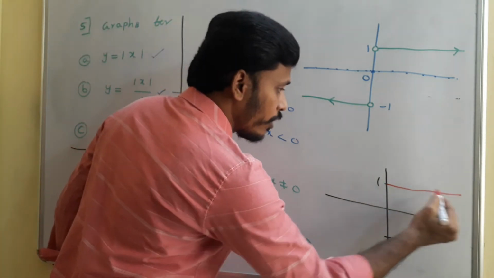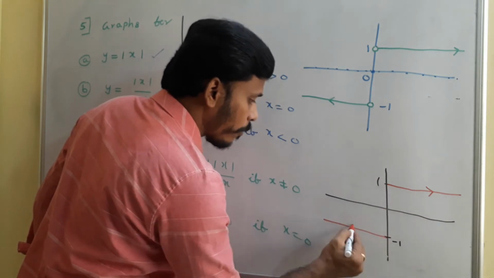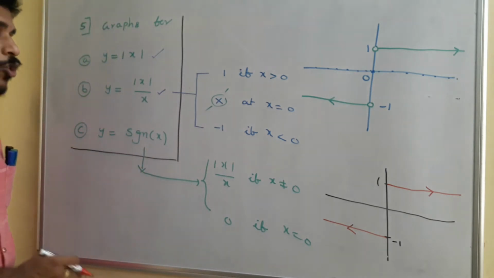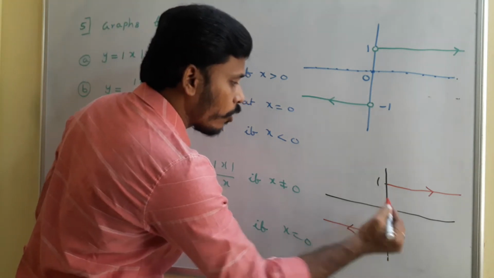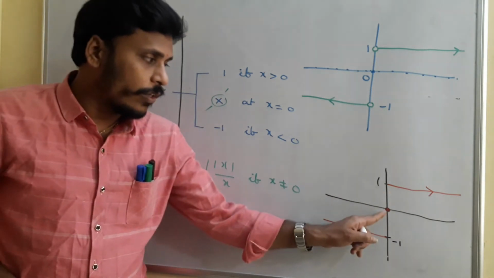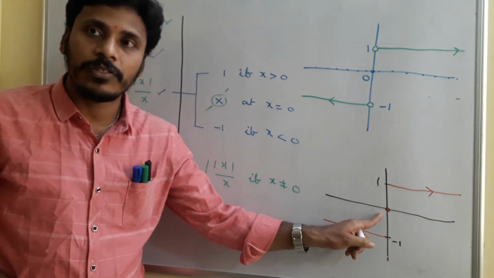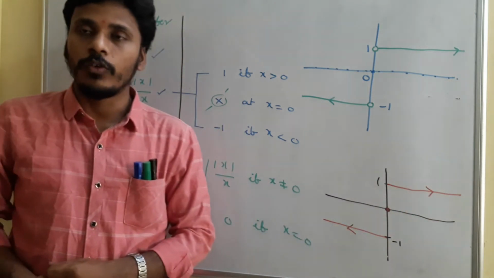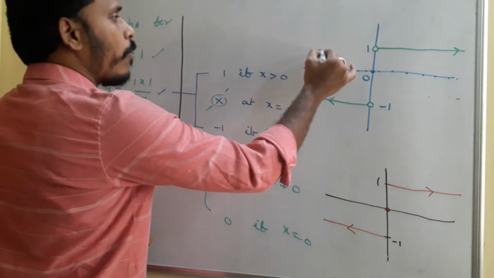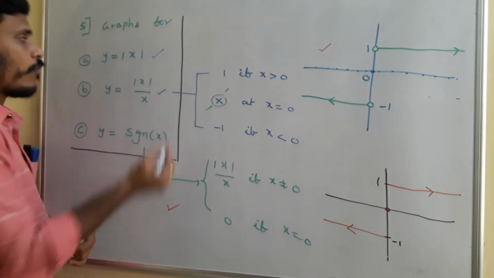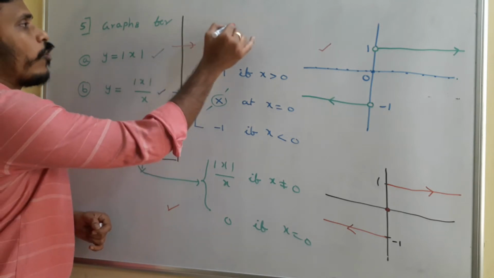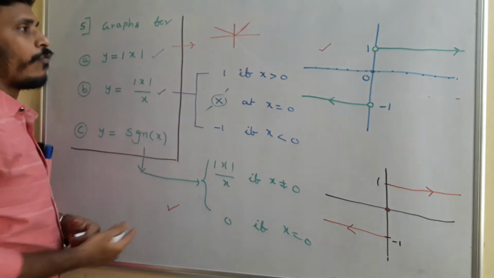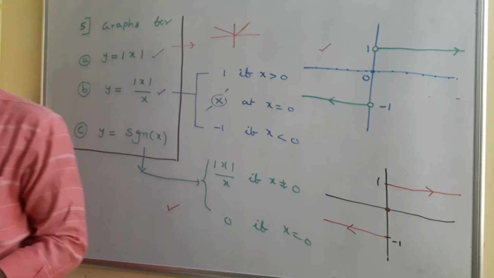Okay, for the positive region at 1, for the negative region at minus 1, at x equals 0, the y value, the signature function value, is also 0. So at this point we have one location. Okay, so we need to indicate one dot at this 0 comma 0, a ray for the positive values of x and another ray for the negative values of x. It just looks like this: this is the graph for mod x by x and this is the graph for the signature function of x. And before, I explained that the graph of mod x is always of V shape. Okay, we need to memorize it in such a manner. This is the graph of modulus of x. Okay, just have a look.